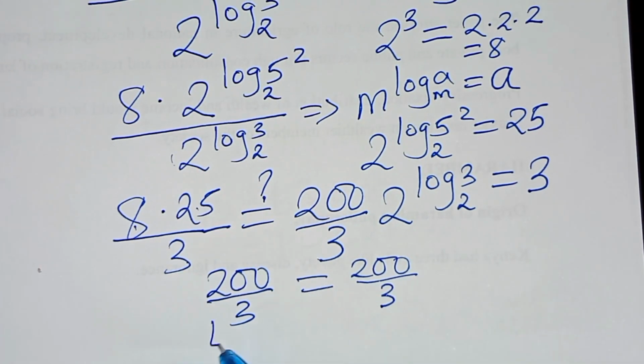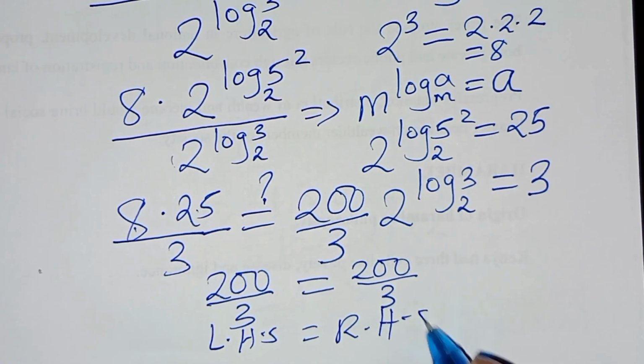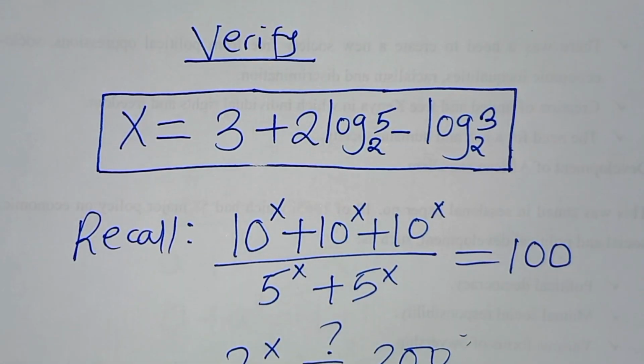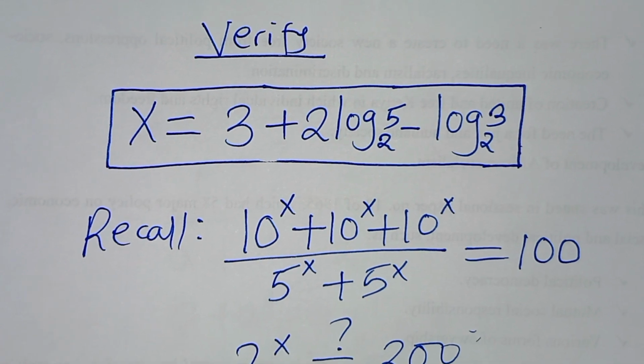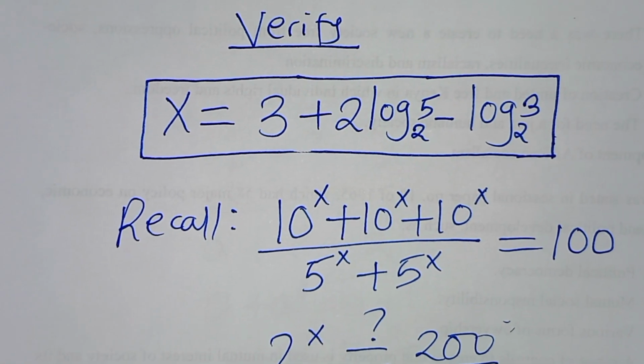So the left hand side is equal to the right hand side, and that affirms that the value of x, which is 3 plus 2 log 5 to base 2 subtract log 3 to base 2, actually satisfies the equation. So kindly follow the steps,